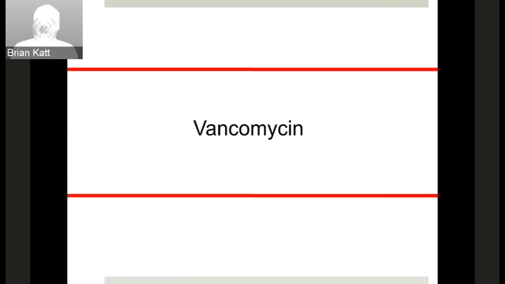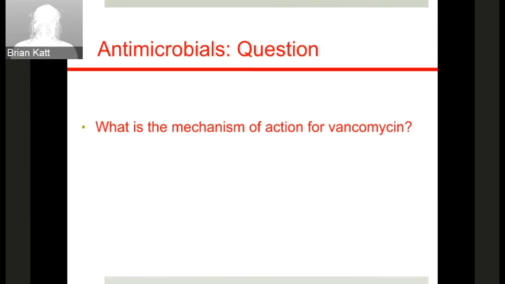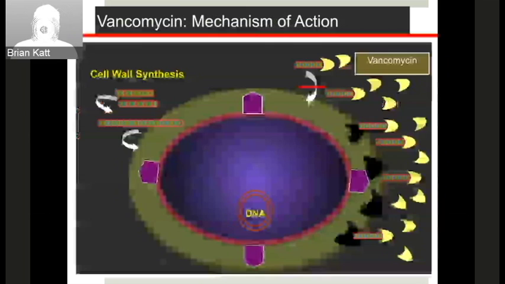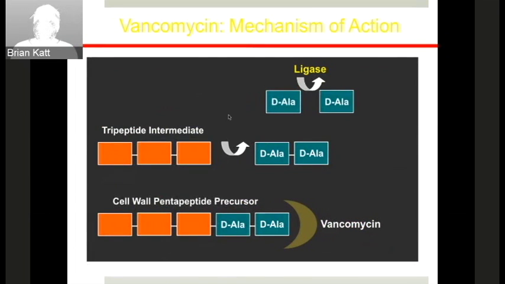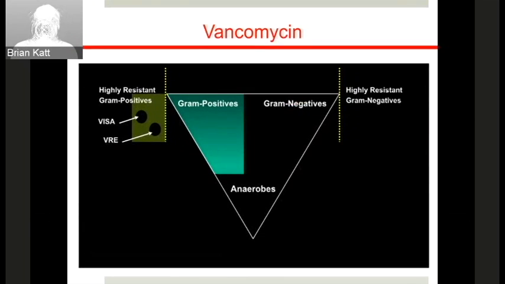So Vanco, obviously, is a pretty big staple of what we use. What's the mechanism, or where does it attack the cell wall? I just gave away the answer. It works on cell wall synthesis. There's this component called D-Ala in the cell wall, and basically what vancomycin does is it binds that, so it doesn't allow the cell wall to form. So Vanco obviously is a pure gram-positive agent, and any organism that has resistance, such as VRE,